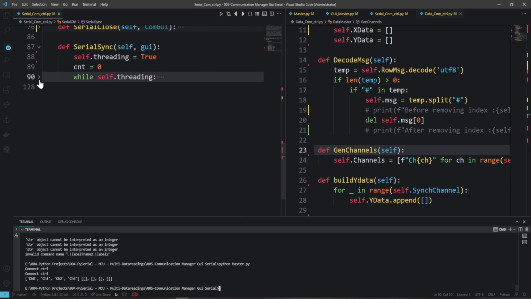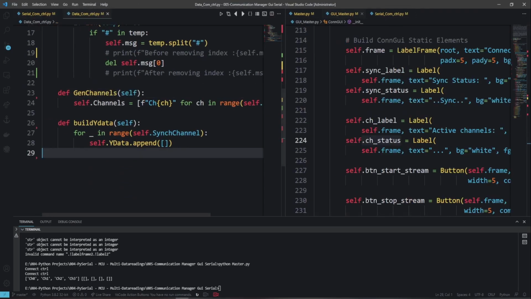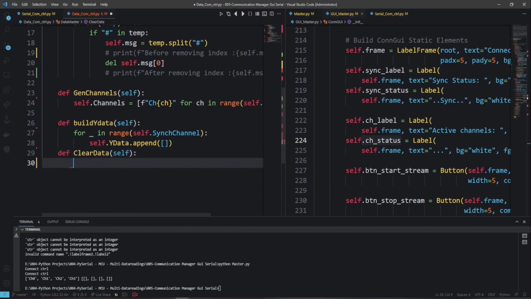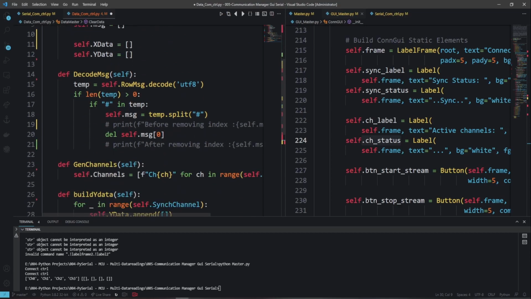So from the serial perspective, we are good, but we need to first go through the data and close it properly. So let's go to the data and add another method. Here we write def, and we call it clear_data just in case, and we pass self. We don't need any other parameters. So when we start here, we would like to put everything back to 0,